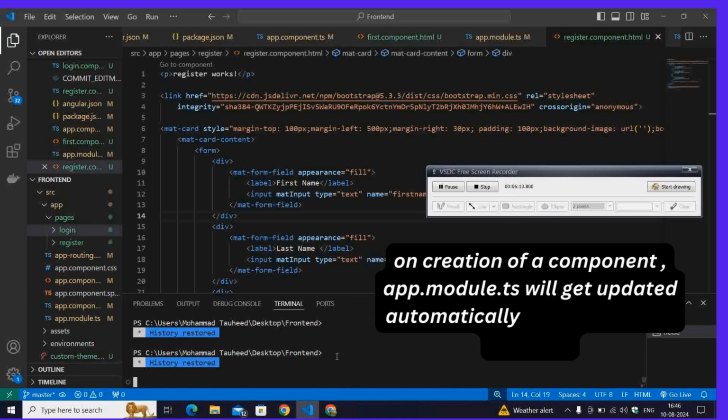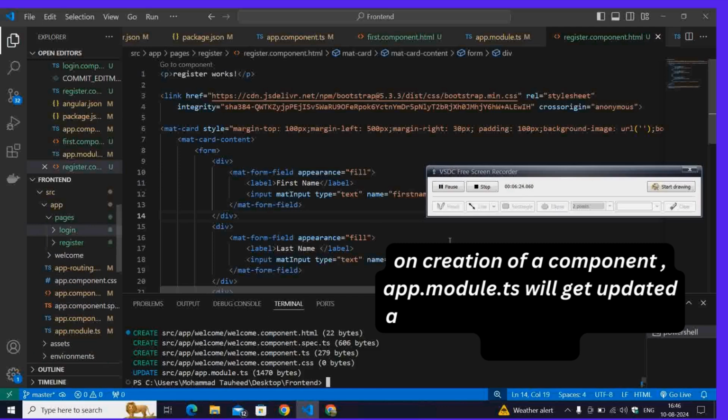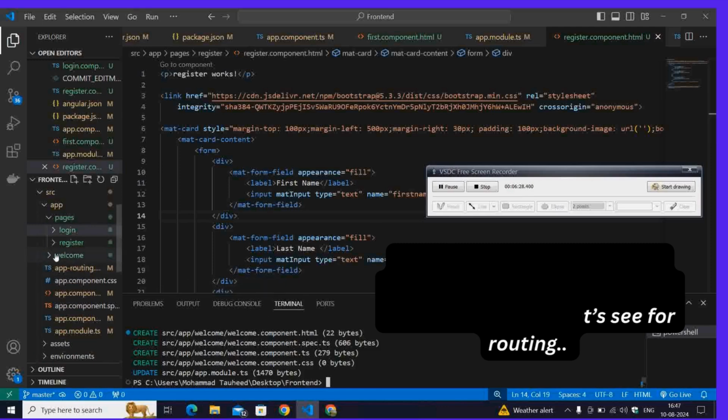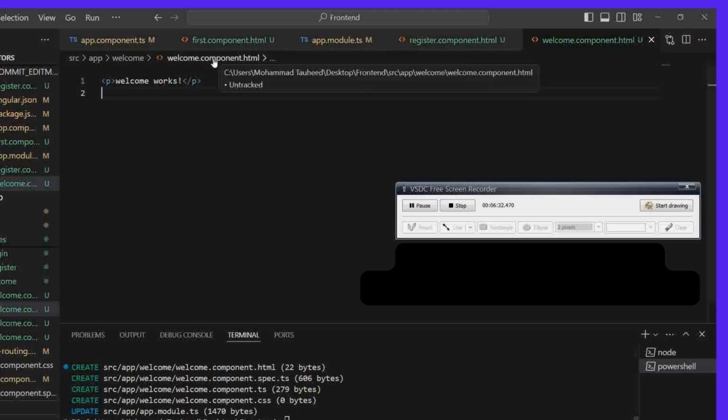it will create us a new component. First, you will see a particular welcome page after login. Okay, our welcome page component is ready. I will go further in this, and we can do styling or